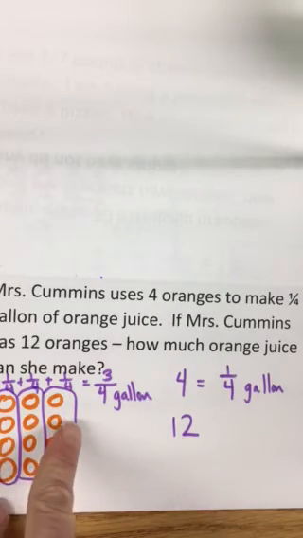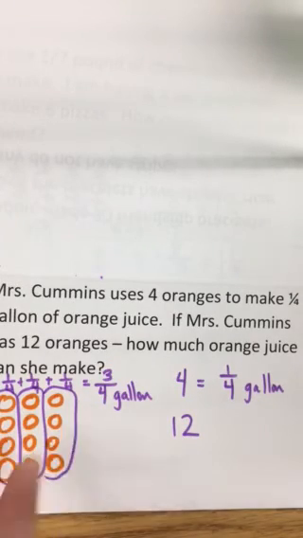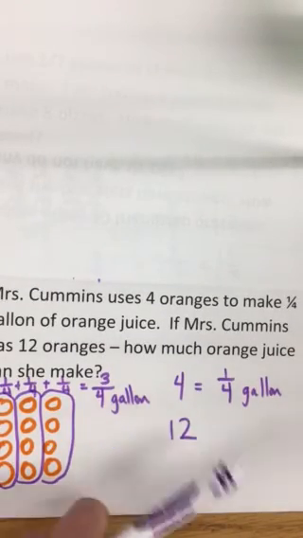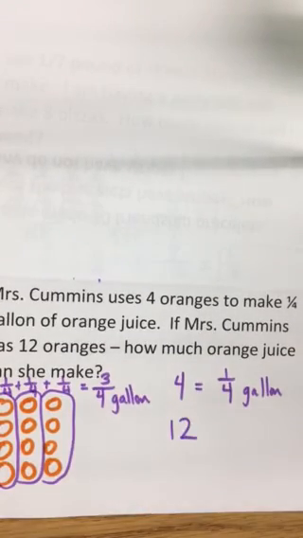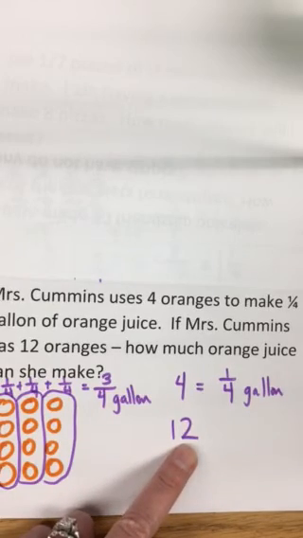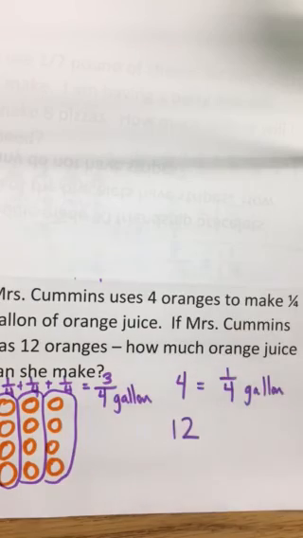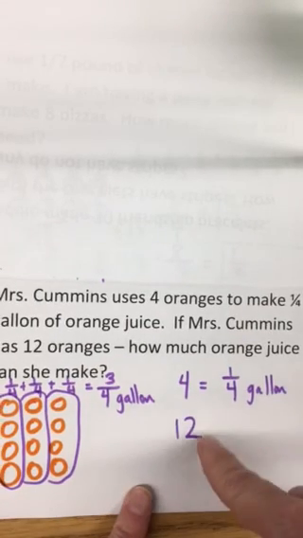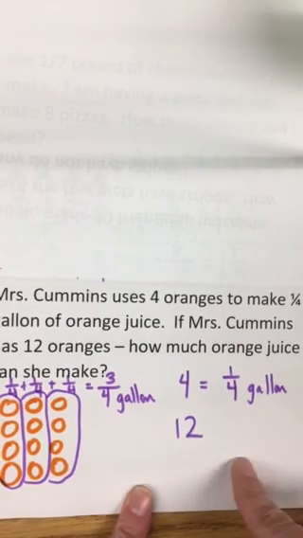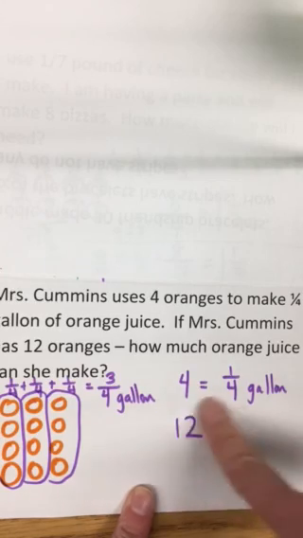So that gets us right back to this factor set. Maybe we don't need to draw it. Maybe we already see the relationship. I also know that 12 is a multiple of 4. If I count by 4, skip counting, 4, 8, 12. At the third count, I make it to the 12. So if Miss Cummings has 12